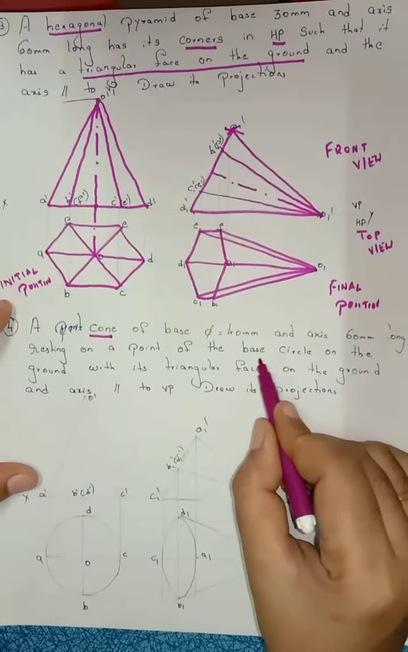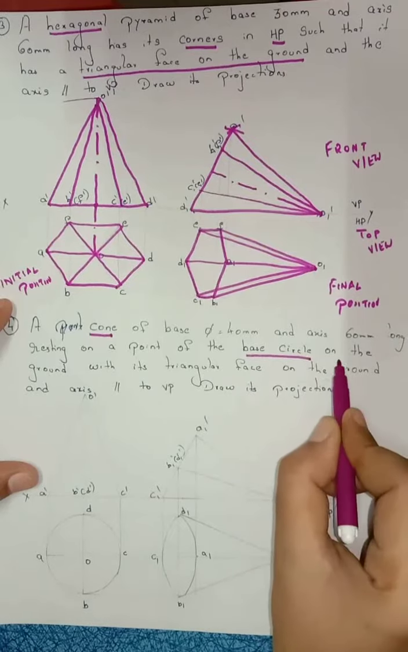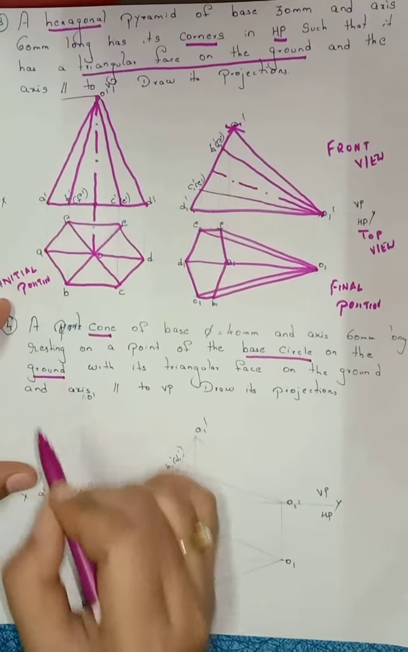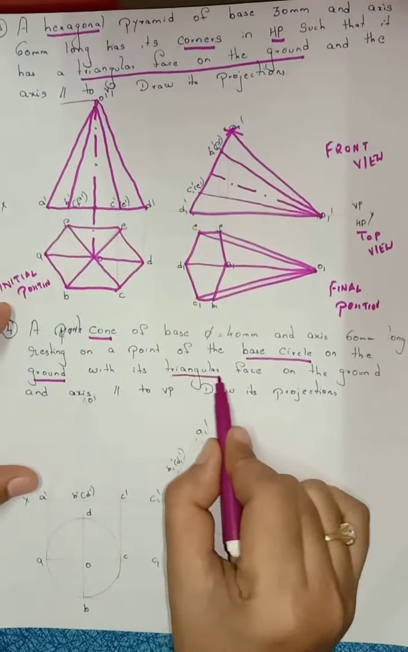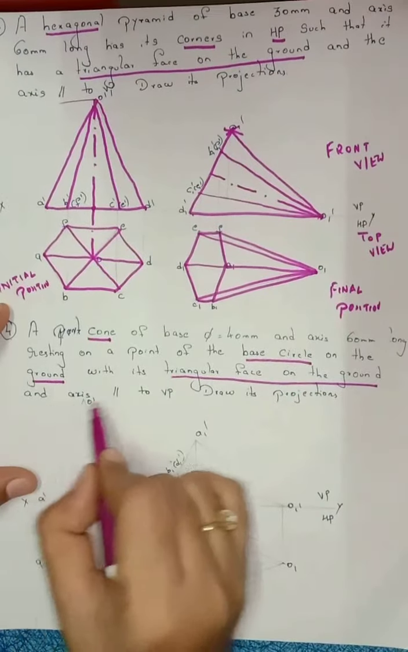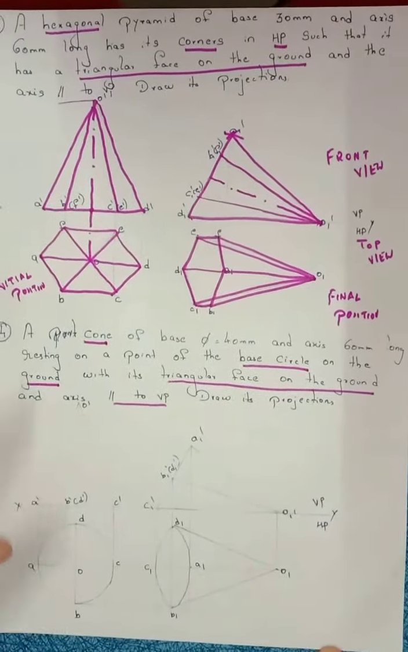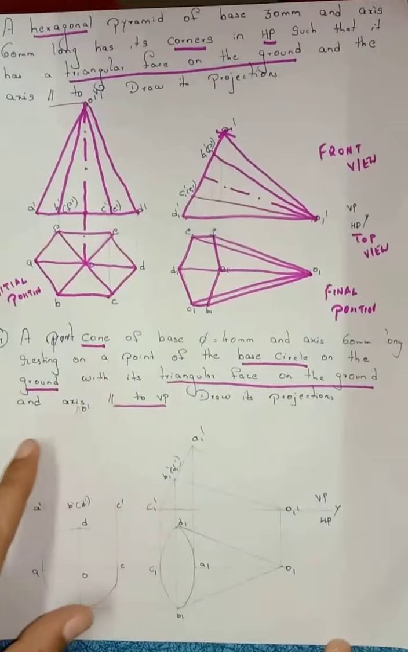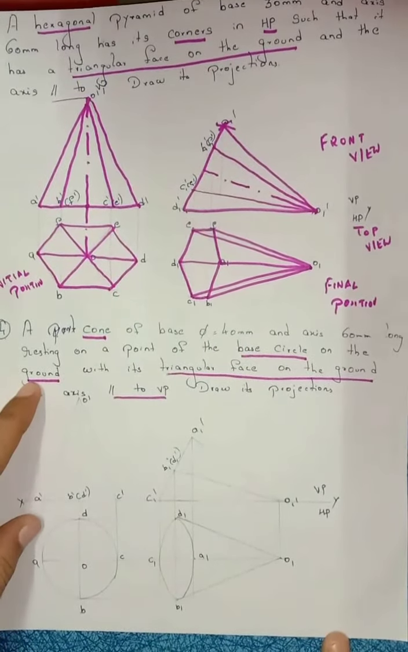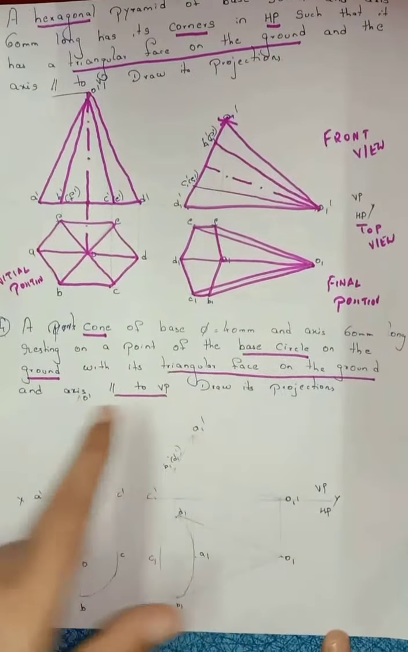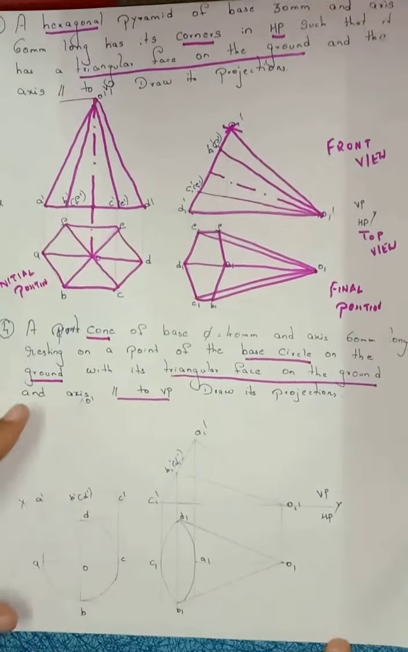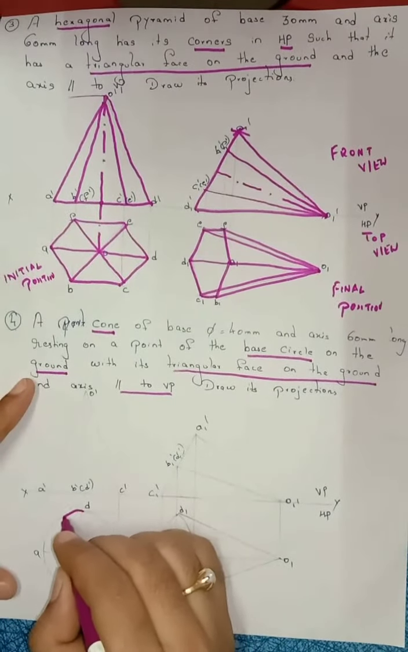Condition is base circle where you have to start on the ground. What are the angles? Triangular face on the ground. Next is parallel to VP. So construct the cone on the ground. Construct the cone circle on the ground. On the ground means on horizontal plane. So construct the circle